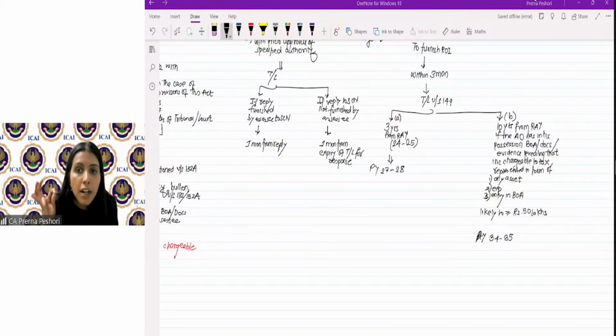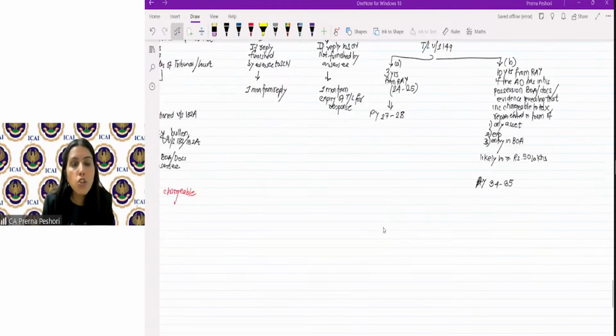So, who is the specified authority? That is given by, again, section 149. Who is a specified authority for the purpose of approval under 148A? So, the specified authority is, just write down, for the sanction for issue of notice, where the 148 notice has to be issued within 3 years, then the specified authority